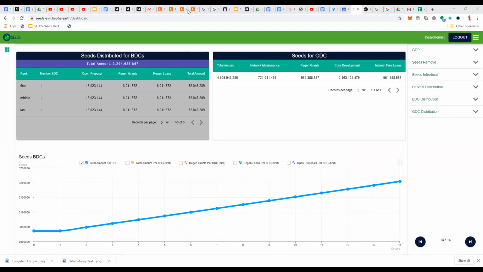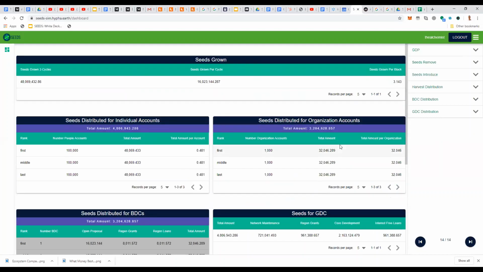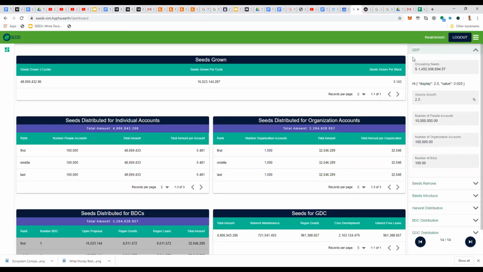So let me just run this over for everyone who's going to be watching this on video, kind of what we have right here. This is what we're going to want with the simulation: you can come up here and put in your basic economic parameters. We're calling it GDP. Basically, we're talking about the number of seeds in circulation, how much our economy is growing, and then the active